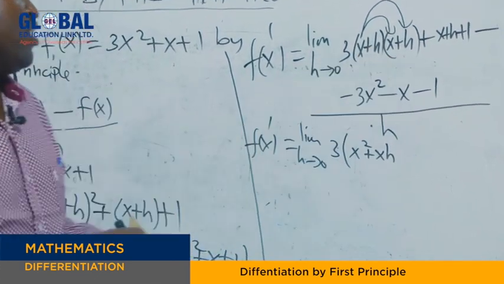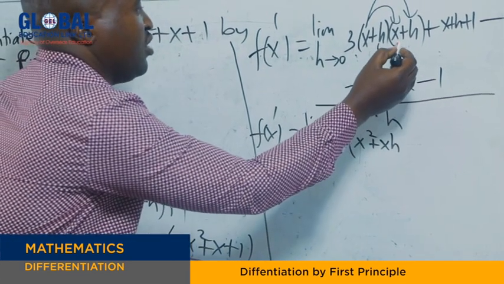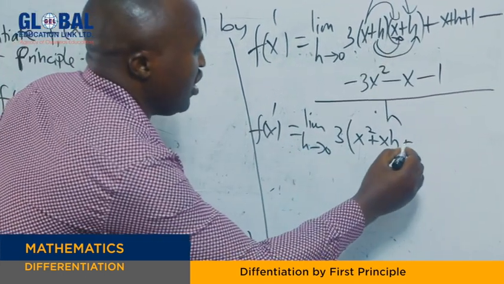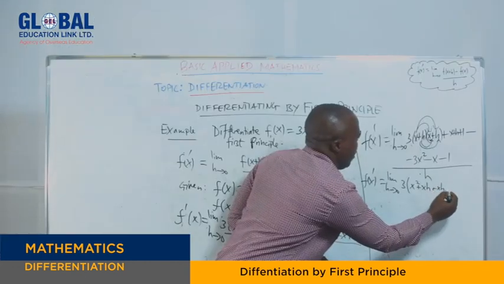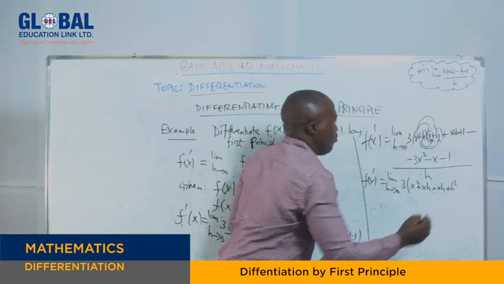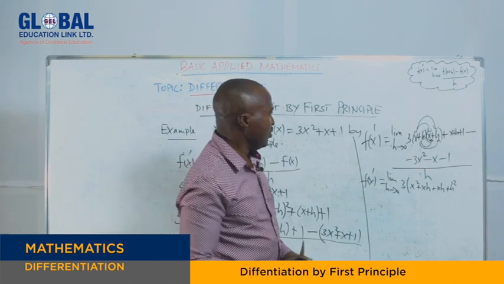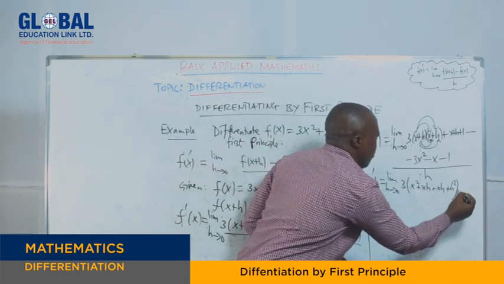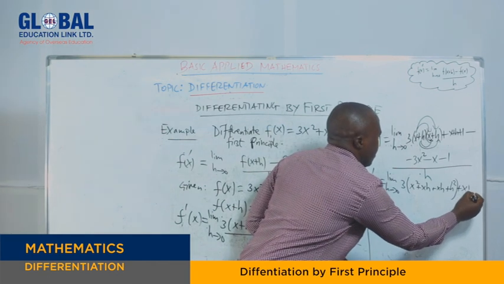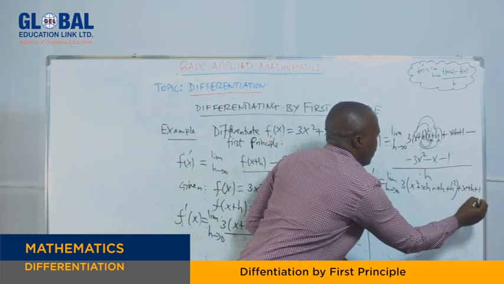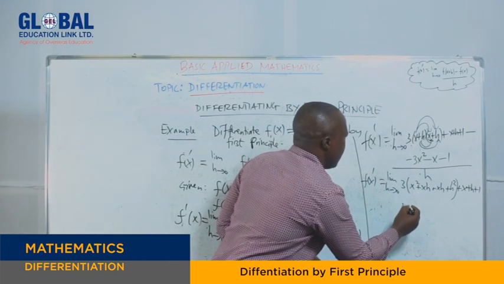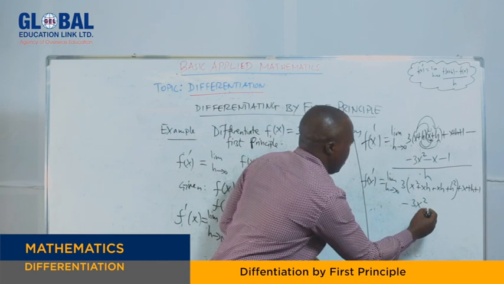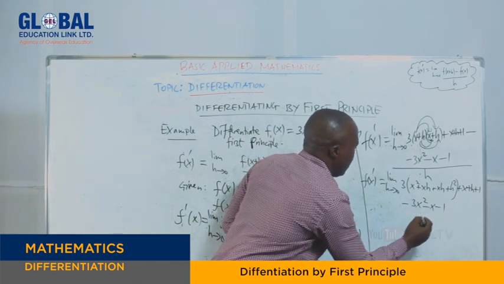So we proceed with h, just take h times x, and again h times h. So we are going to have again xh plus h squared. So we close the bracket, then we have plus x plus h plus 1 minus 3x squared minus x minus 1